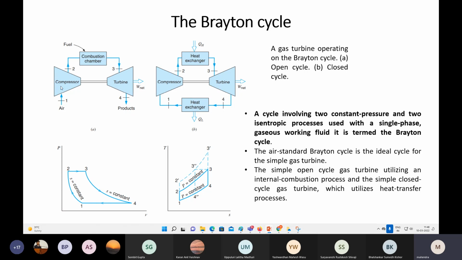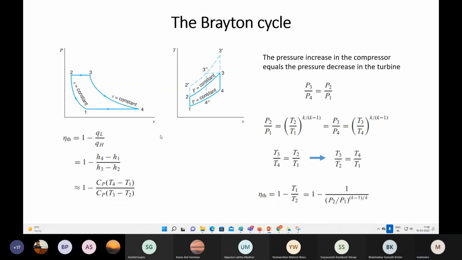So obviously, this is isentropic compression, this is isentropic expansion, this is constant pressure, and obviously this is also constant pressure. Further, the PV diagram as well as the TS diagram of these cycles we have included over here. You know very well about this. Efficiency is this much only, QH minus QL by QH, because QH minus QL is the work output,